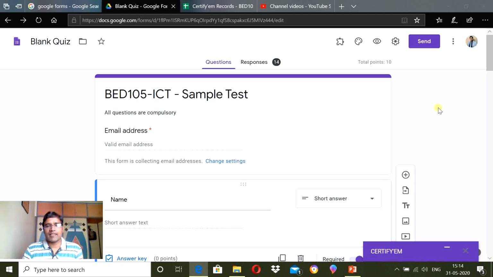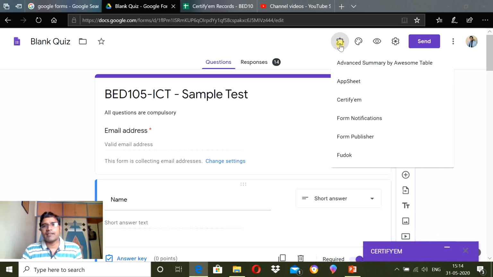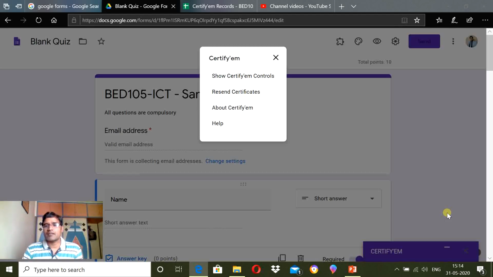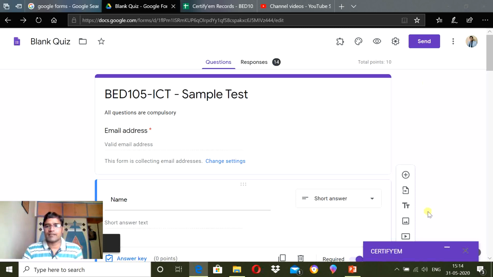Now you have sent this questionnaire or this test or quiz to the students or participants and you received the responses. Now you have to check manually the results or their score. So this is the add-on facility of CertifyM that helps to create the auto certificates.